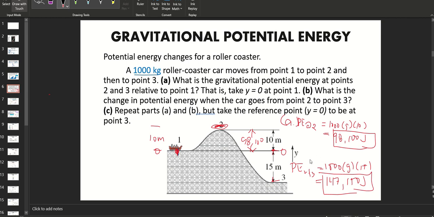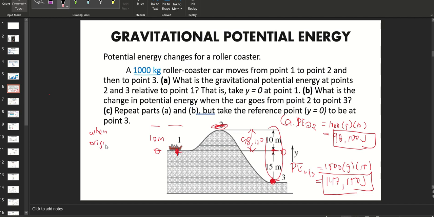Okay, so letter C, repeat parts A and B, but the reference point is to be at point 3. So it says here that we're going to repeat A and B, but we're going to use the reference point y equals 0 to be at point 3. So obviously, if we take this into consideration, the potential energy from this point to this point is not going to be 98,100 but the total of this one. So this becomes the total. So that means,